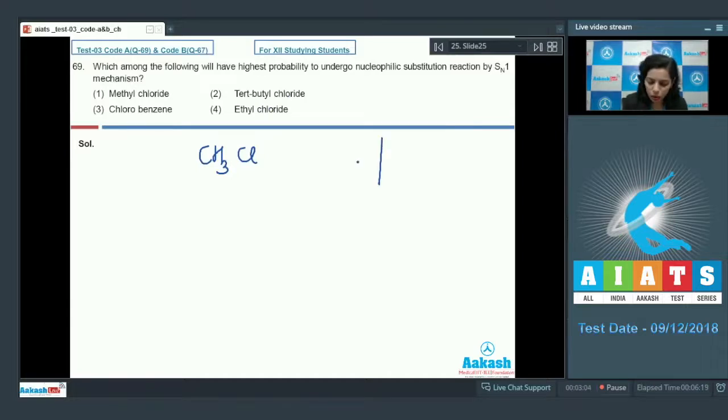What is that tert butyl chloride? This is tert butyl chloride. Then chlorobenzene is there. And further ethyl chloride. So this is ethyl chloride. Now, if you just look at option 2, the tert butyl chloride, this compound will